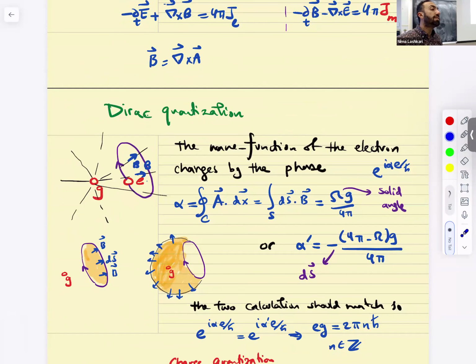Importantly, it really didn't matter that one of them was electric and the other one was magnetic. In a theory that has both electric and magnetic charges, there are in general particles called dyons. They have electric charge e and magnetic charge g. So dyon number 1 is sitting in the middle with e1, g1. You take a dyon number 2, you do a loop around it, that's e2, g2. And the quantization condition is e1 g2 minus e2 g1 is 2 pi n h bar.